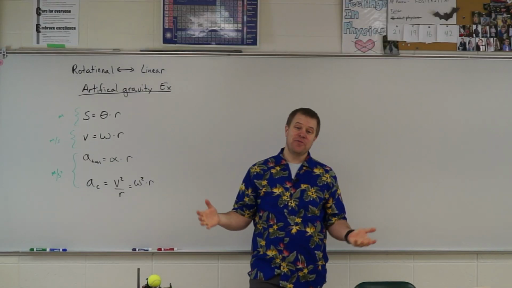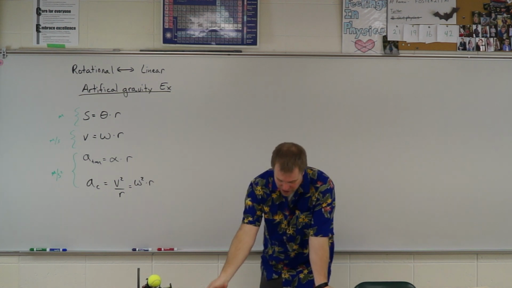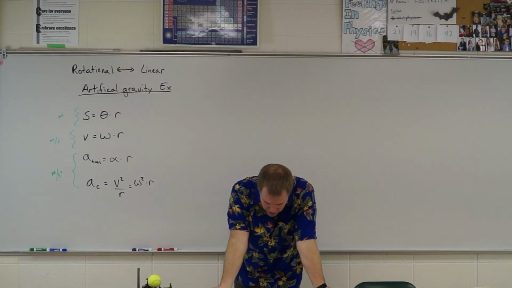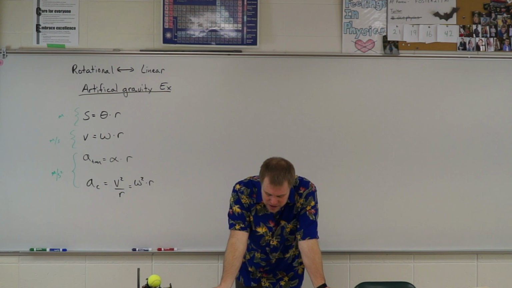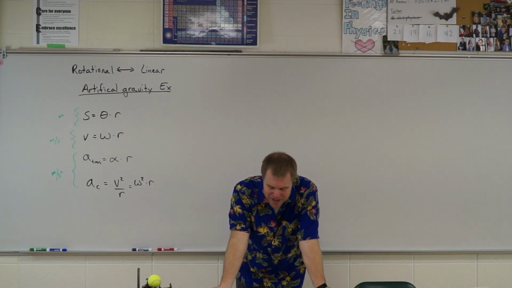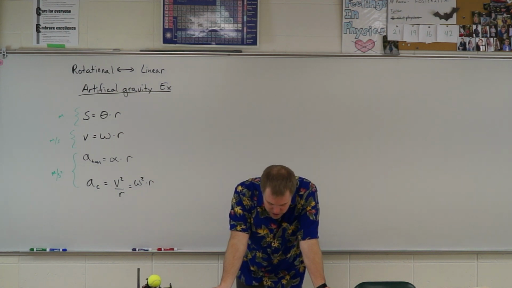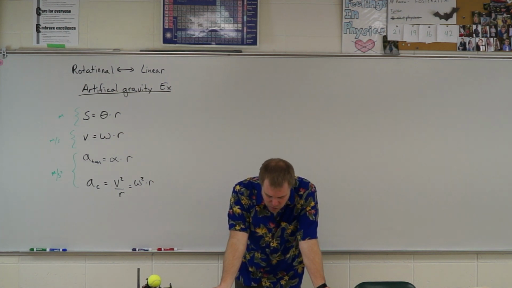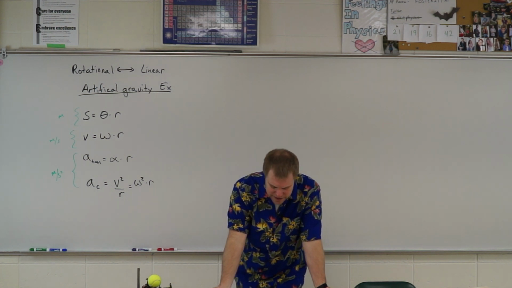All right, we're looking at artificial gravity here. So let's go ahead and read our question. One way to create artificial gravity in a space station is to spin it. If the cylindrical space station, 275 meters in diameter, we're gonna have to change that to radius, is to spin about a central axis, how many revolutions per minute must it turn so that the outermost points have an acceleration